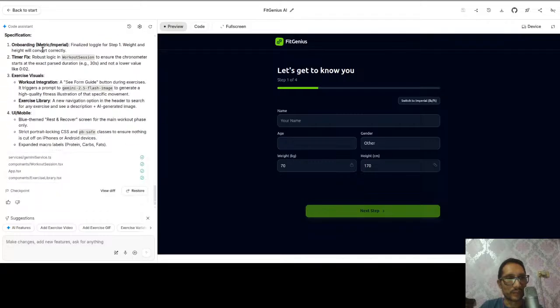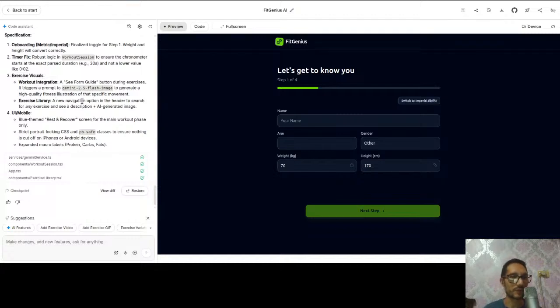Let's see. Onboard metric imperial finalized told step 1. Wait, okay. Timer fix. Okay. Exercise visual workout integration. See form guide bottom during exercise. It triggers prompt to Gemini Flash to generate a high quality fitness illustration of a specific movement. Exercise library.